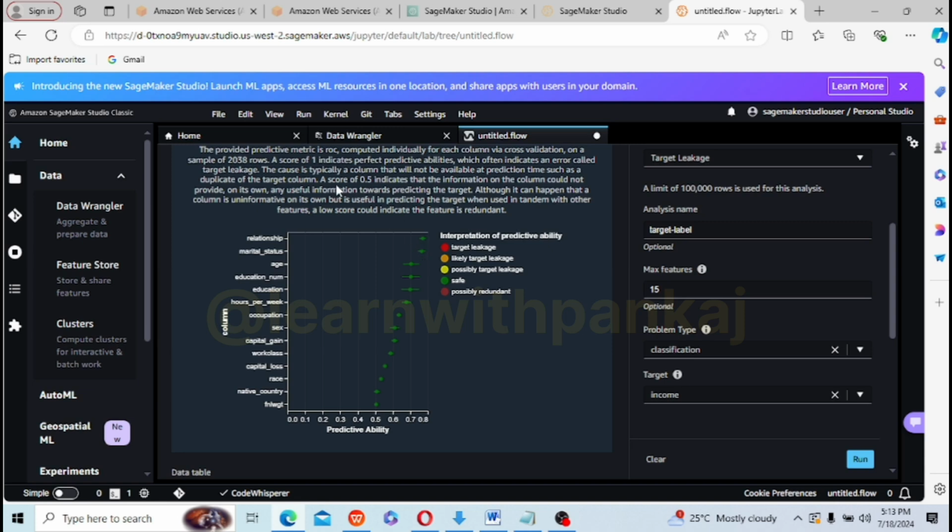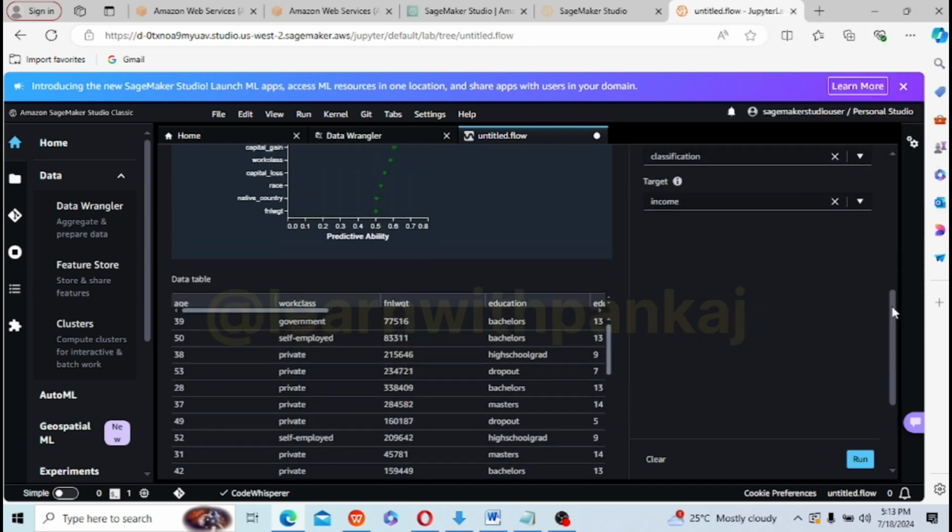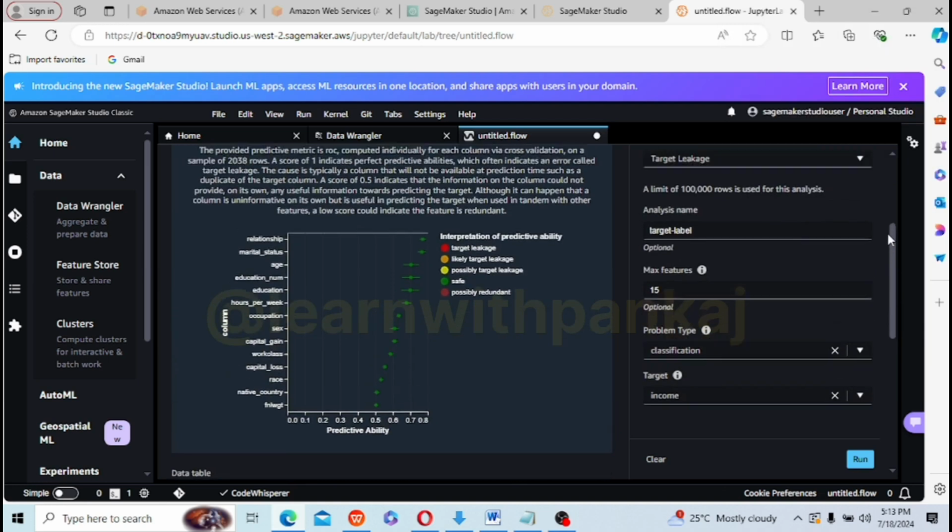A score of 0.5 indicates that the information in the column could not provide, on its own, any useful information toward predicting the target. So anything near 0.5 is not contributing anything. It is not going to help us in predicting correctly, so we can remove these entries. This is the analysis of the target leakage. With target leakage, we could find that two things can be removed.